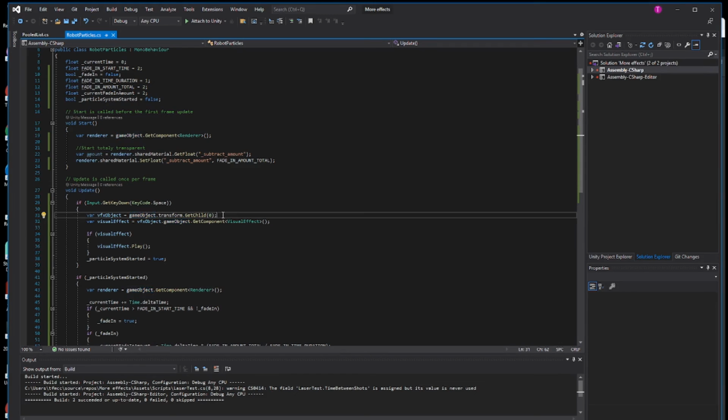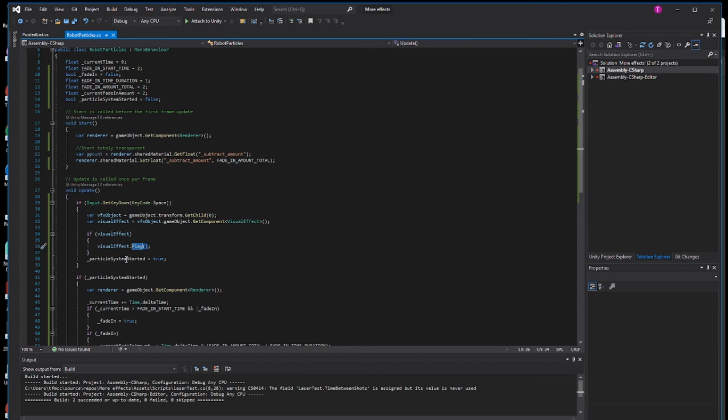So I get the first child, then get the component of that, and the visual effect is a component of that child. Once I have that visual effect, I can just call play on it, and that will start my actual VFX graph running. So it'll start those particles coming in toward my robot,